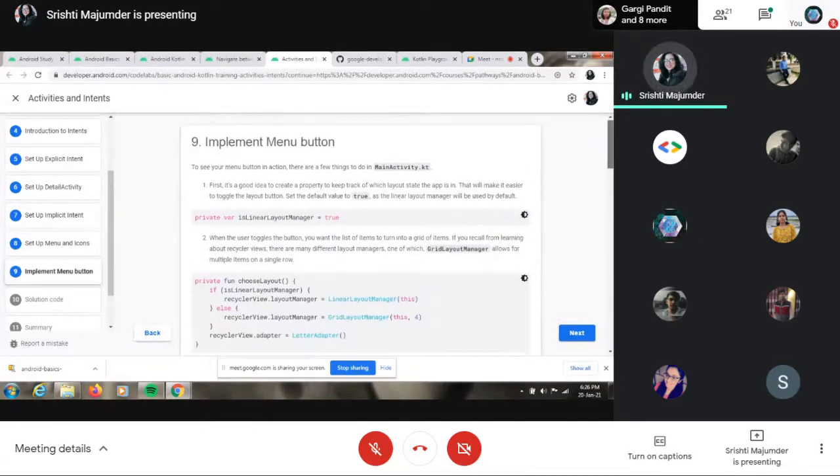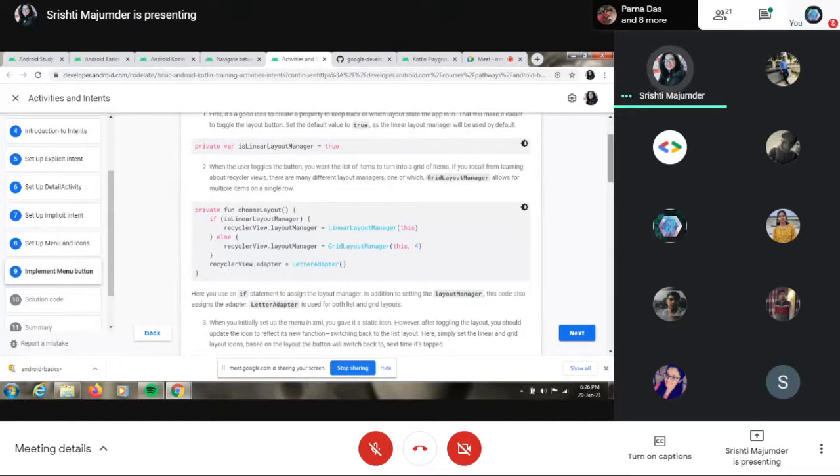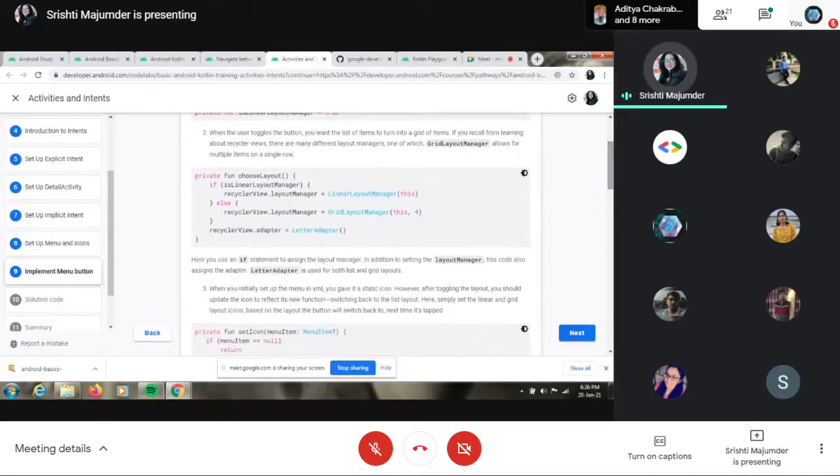Okay, now you have come to the main activity page. I think I can assume that in unit 2 you must have learned about classes, objects and so on, so you may know what private means. There are actually 3 types: private, public and protected. What we do is make a private variable, which we name isLinearLayoutManager, and declare it. Then if the user toggles the button, he may want sometimes it grayed or replaced, or he may just use his mouse to go up and down. So for that, we choose this.